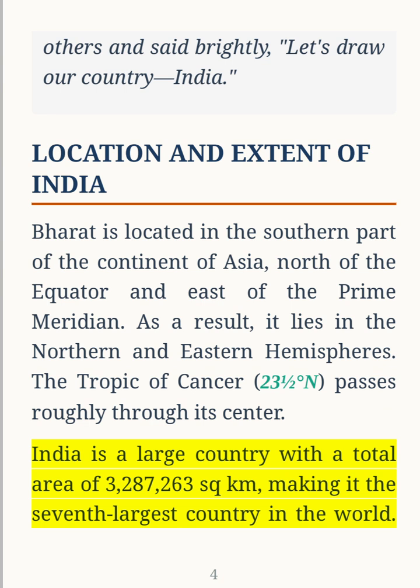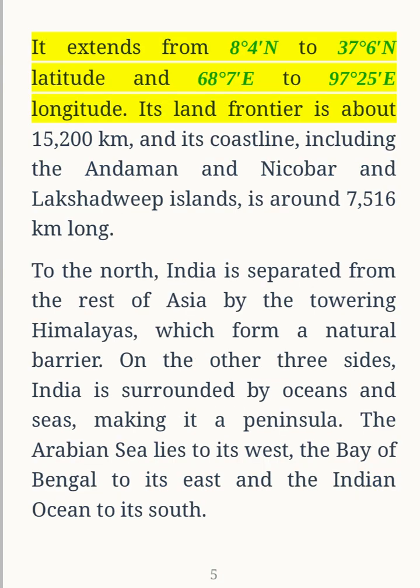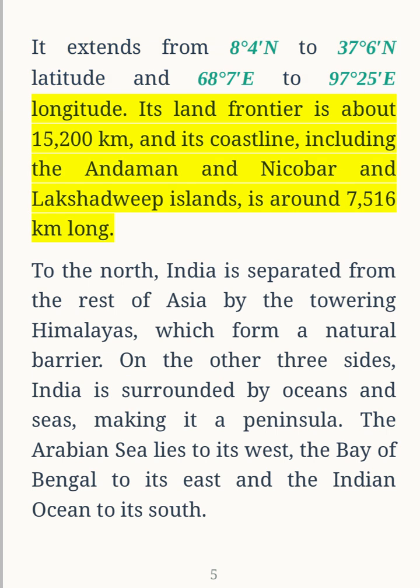India is a large country with a total area of 3,287,263 square kilometers, making it the seventh largest country in the world. It extends from 8 degrees 4 minutes N to 37 degrees 6 minutes N in latitude and 68 degrees 7 minutes E to 97 degrees 25 minutes E longitude. Its land frontier is about 15,200 kilometers, and its coastline, including the Andaman and Nicobar and Lakshadweep Islands, is around